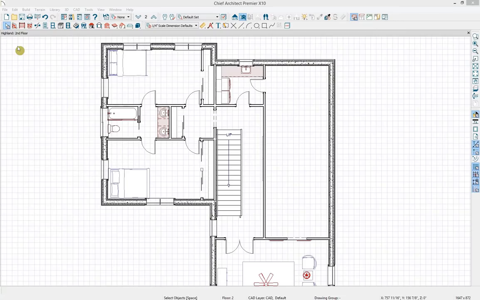When I open up Chief Architect Premier, I have my Highland floor plan selected. This is an existing floor plan I'll be using to work with today for designing out our bathroom space. We'll add it in here over on the right in this blank area. But I did want to also point out that you can work with a single room. For example, if you need to design out a kitchen, you might not need an existing floor plan or a whole house design. So you can work within the walls of that kitchen and only work within a particular room